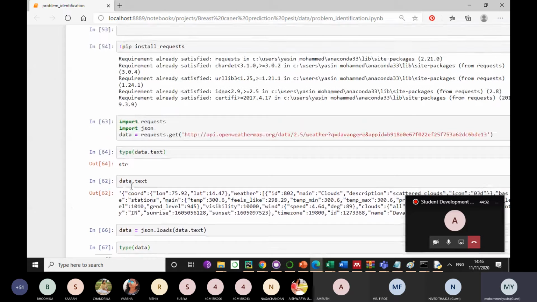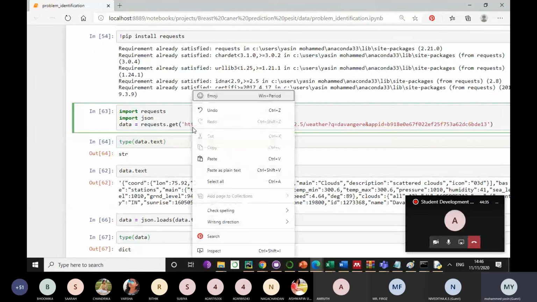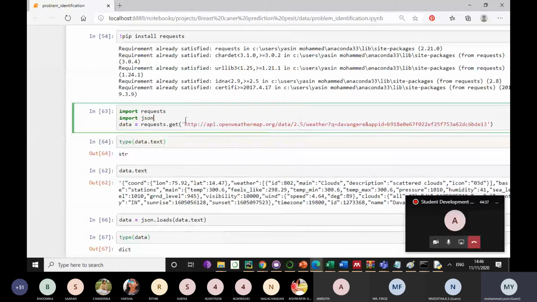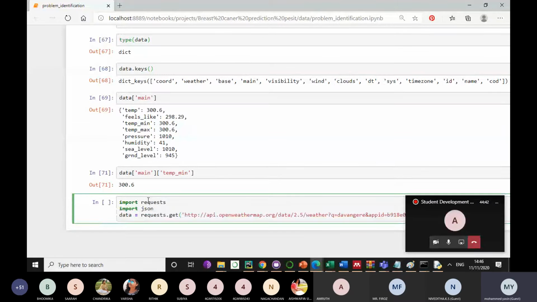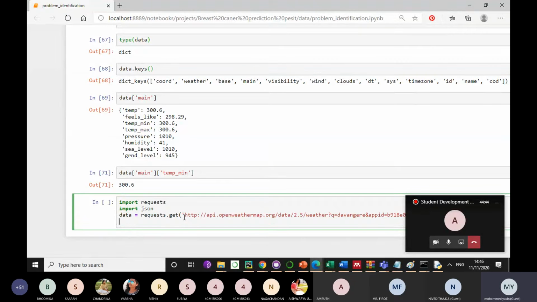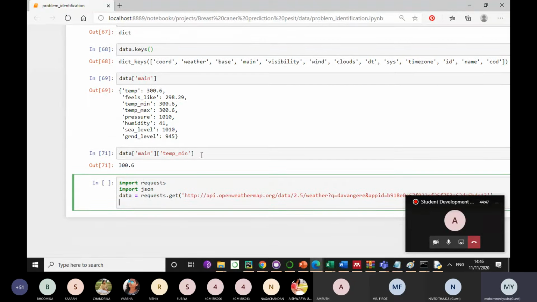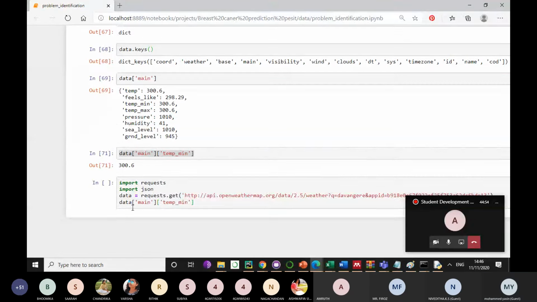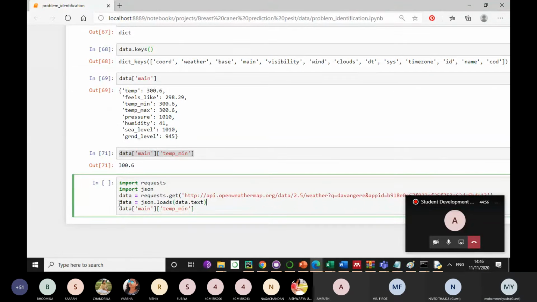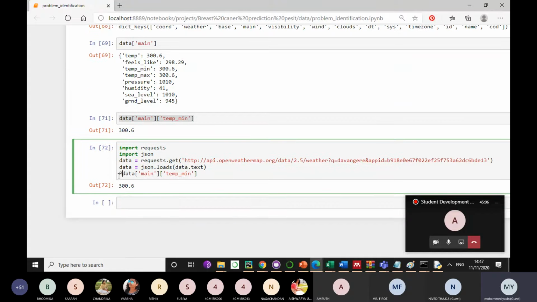Here is where I'm actually connecting to the internet and trying to get this. I'll make it in a single cell, so it looks like code to us. I cannot directly do data dot min, I need one more line. So: import requests, json. Once I get the data, I'm converting it to a dictionary and printing this.